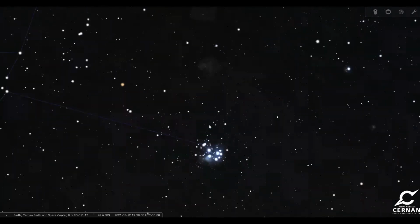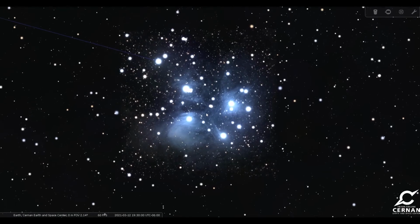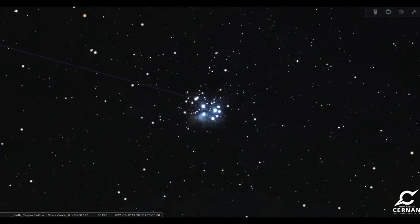If we were to zoom in a little bit, we can get some better views of the Pleiades star cluster and many of the stars in there as well. It is a truly spectacular sight. If you have a really good telescope, then you'll be able to see those hundreds of stars, as well as some of this nebula that those stars are passing through right now, some of these dust clouds that you can find in the sky. So that is the Pleiades, the 7 sisters, sitting in the shoulder of Taurus the Bull,